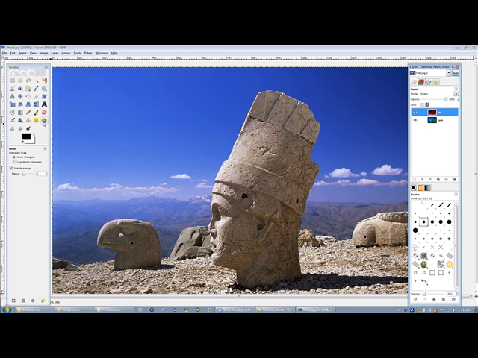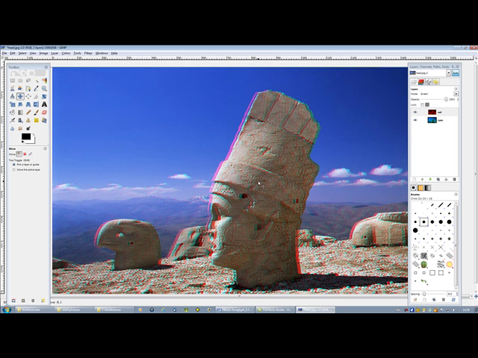What we're going to do now is we choose the move tool. And with the move tool, we're going to move the red layer a little bit to the left. So we're going to click on it and drag it a little bit to the side. Now, put on your glasses and you will see that the whole picture is going into the deep.